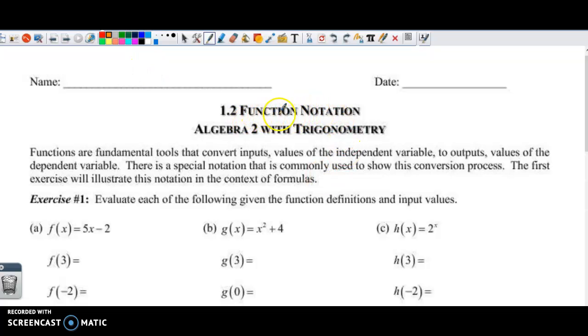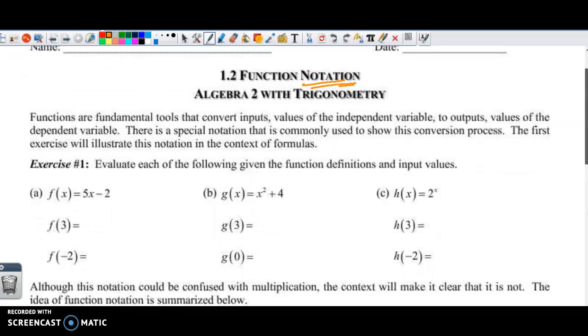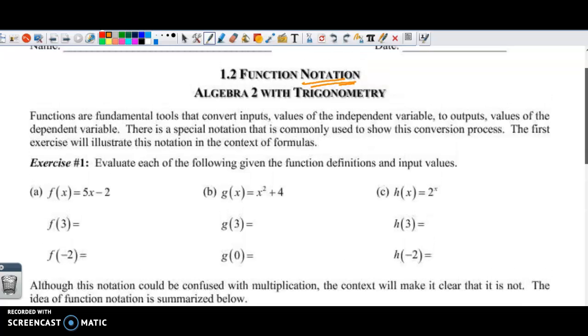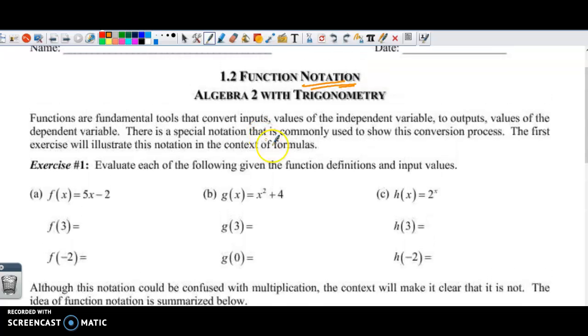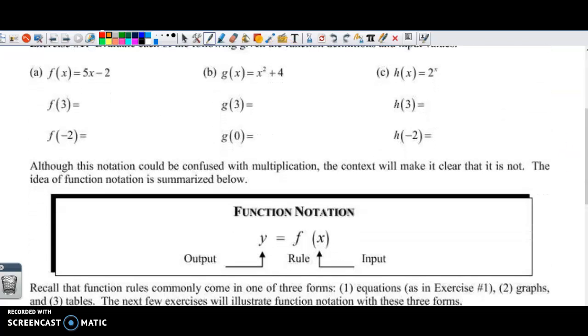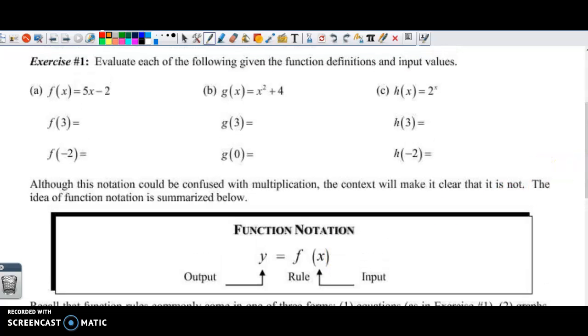As we progress through functions, we also need to familiarize ourselves with what is called function notation. So in this problem, this is one of the most important things that I still see students beyond Algebra 2 make the mistake of. And that is this function notation, which is actually written right here, y equals f of x. And to give you a heads up,